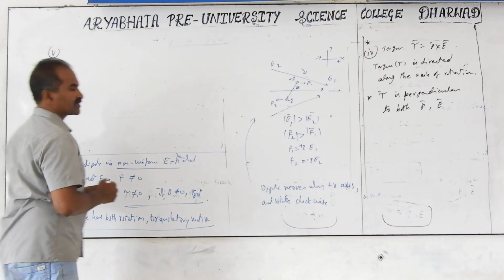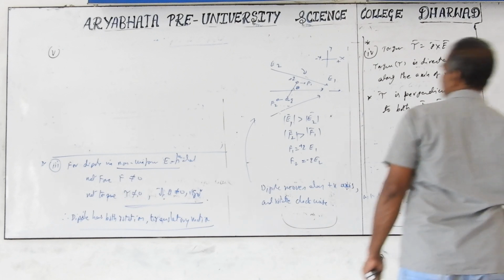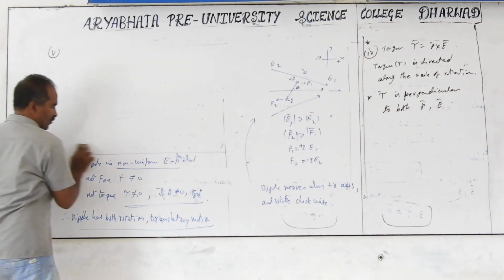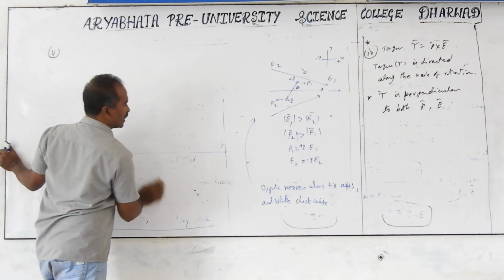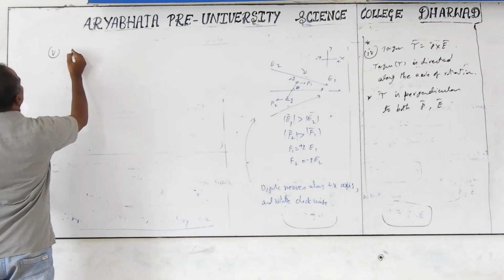You take the different angles. This is required for normal problems. You take the different angles: theta equal to 0, and what is the torque? Theta equal to 90 degrees, what is the torque? Theta is 180 degrees, what is the torque? For different angles, you must be able to calculate torque. And the formula is good.